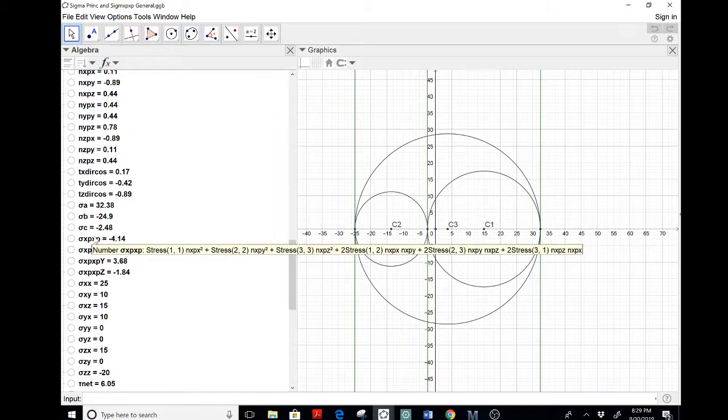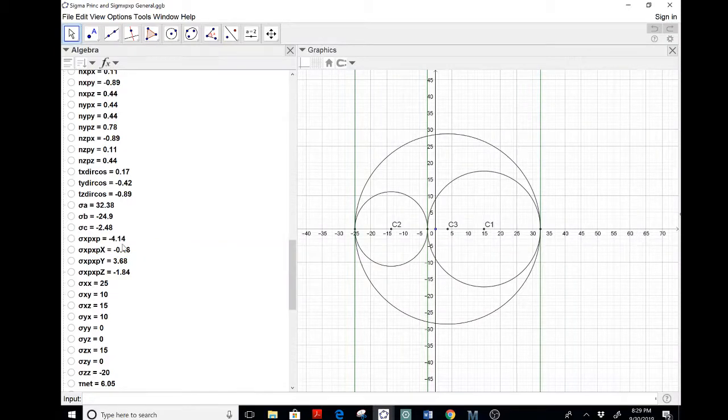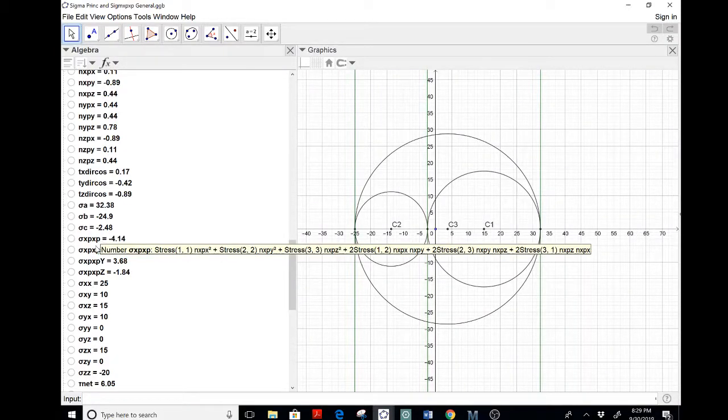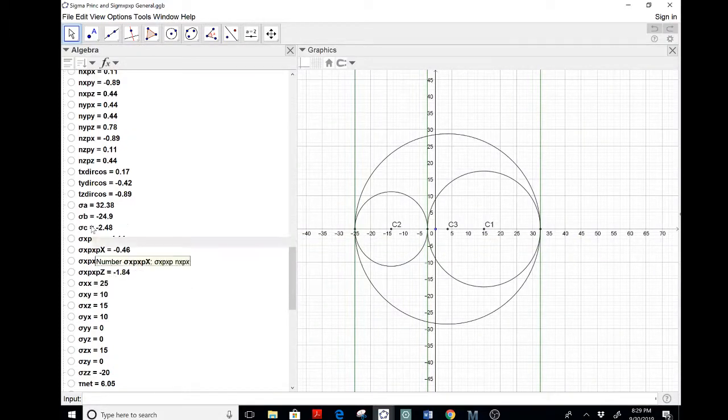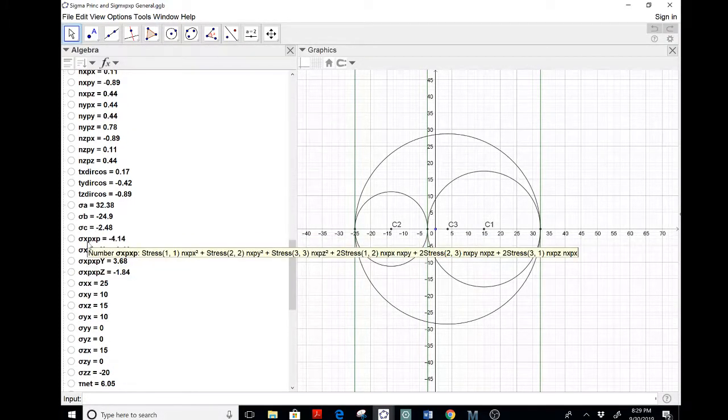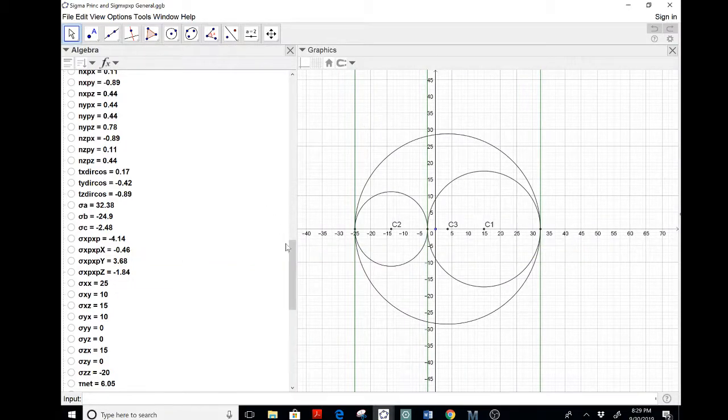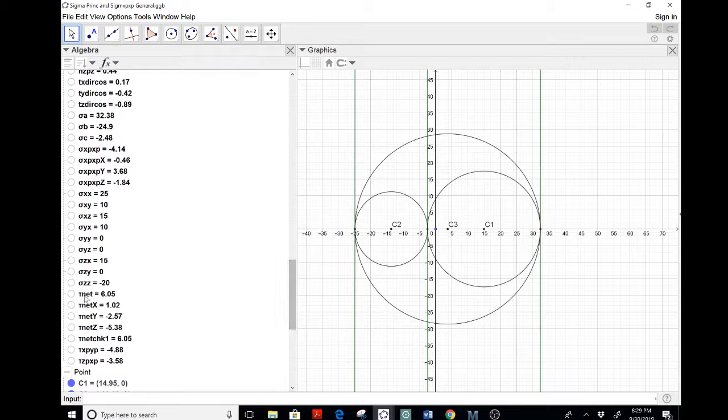Sigma x prime is stress 1, 1, which is sigma xx times nx prime x squared plus sigma, etc., etc. So grind all that out. You don't have to grind out all 9. That's crazy. But grind out sigma xp, and then grind out tau net. That's the simplified equations